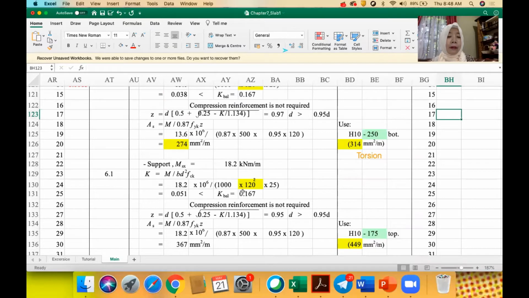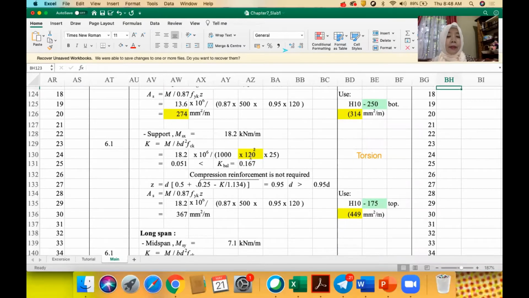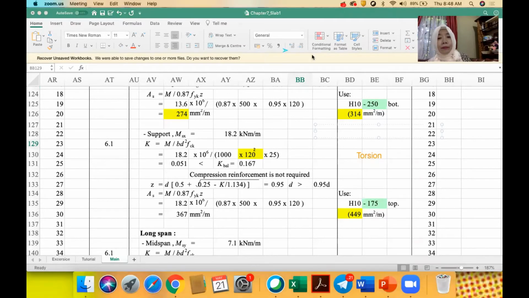Whereas the value of D here is equal to dx. Yeah, this is D actually. This is not dx, but in this case D is equal dx. Sorry. D is equal dx. Okay. Therefore, here we use dx. Using the similar procedure, then we got 367, and then the value here must be compared with the minimum